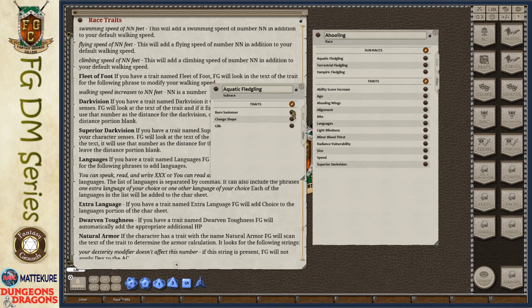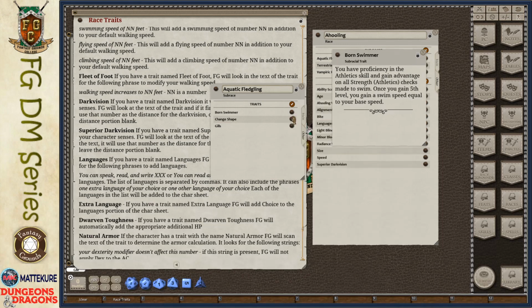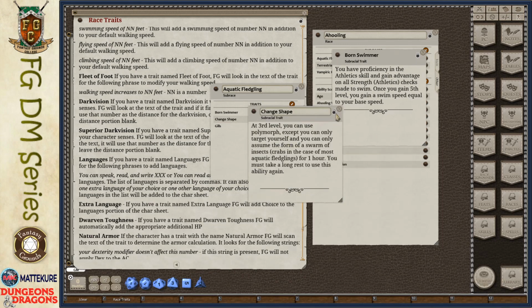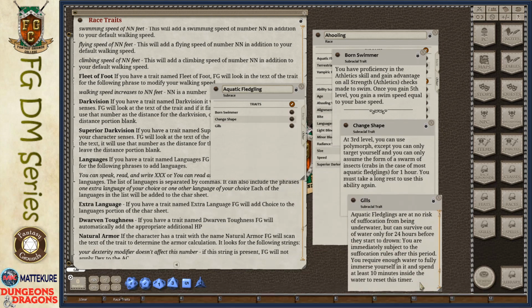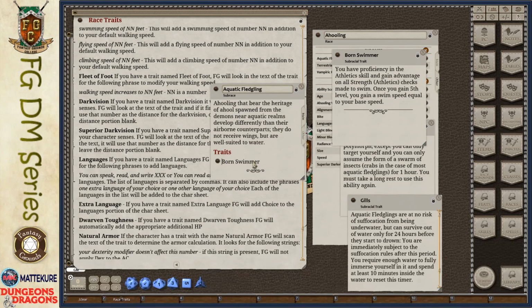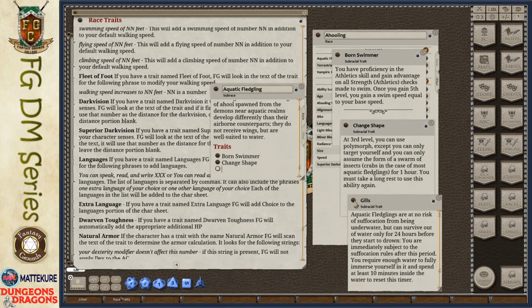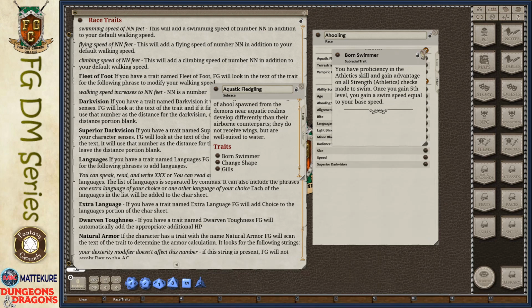Now, to make things easy to read, it's nice to have links to all of these traits on the main tab. So what I'll do is I'll open each of these traits up, and I'll come back to the main tab and I'll add a section on traits. And then I can go ahead and just drag and drop the links. All right, so now I've got my traits.